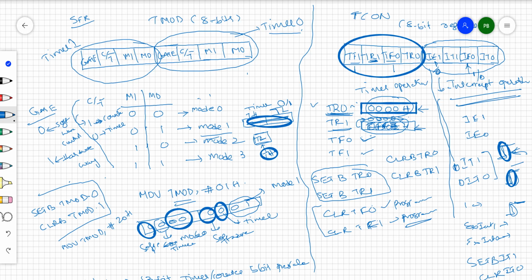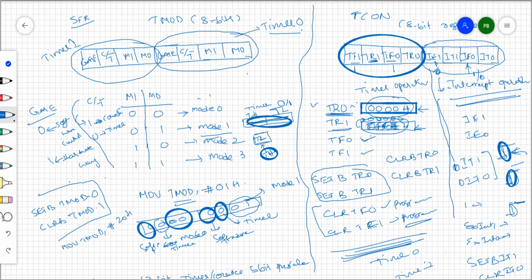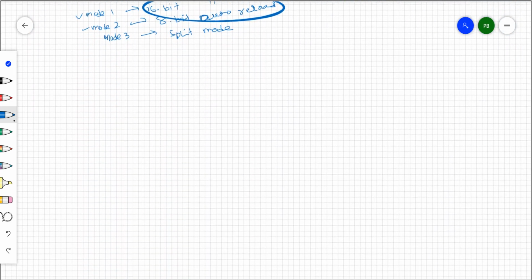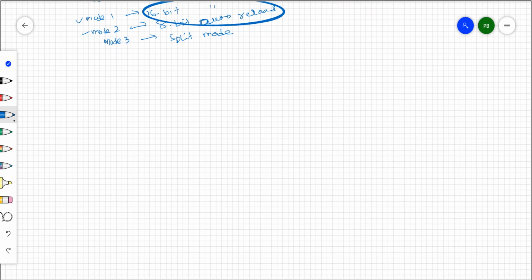controller. By this time you need to understand the timer 4 bits, how these 4 bits are going to control the timer 0 and timer 1 operation, right? So these 4 bits and the TMOD register are going to control the operation of the timers to provide the delay or for counting purposes. We'll now see with an example how these timers are going to be used to provide the delay between two events.